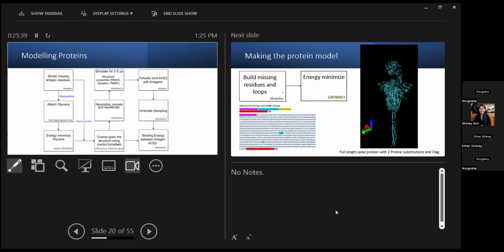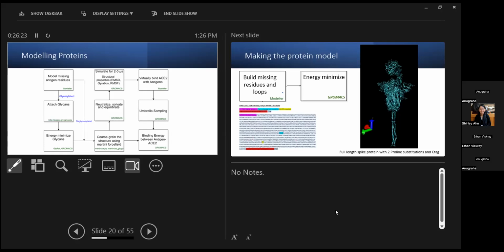To attach glycans, you can also use CHARMM-GUI, or there's one more website called Glycam. You can produce results which minimize the energy, but since that is a server-based website, sometimes it fails. In our case, we have 22 glycosylation sites in one protomer. So 22 times 3 is 66, plus some glycans on the ACE2. So it always fails. So in our group, we actually have an in-house script that can energy minimize